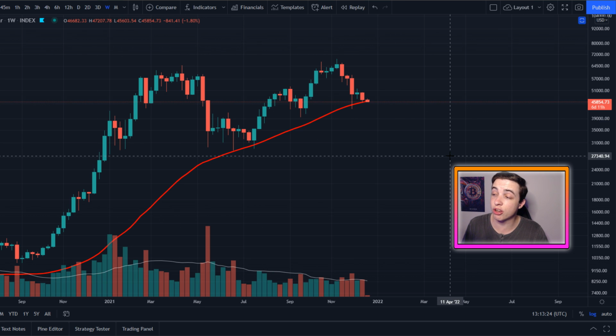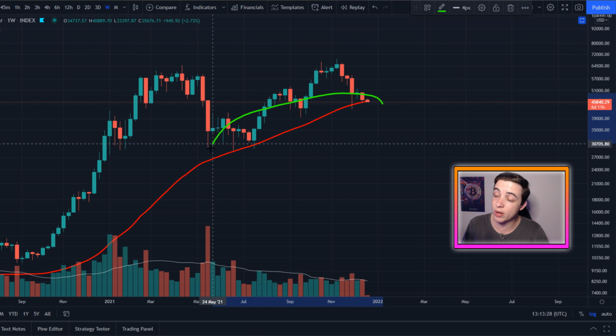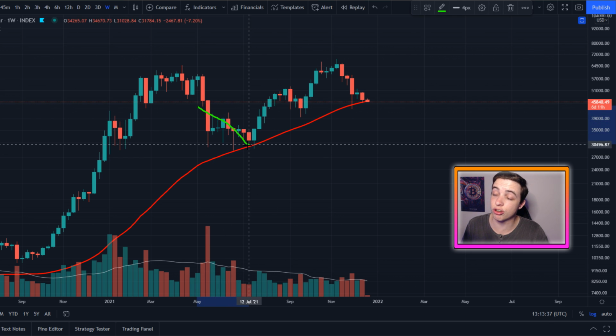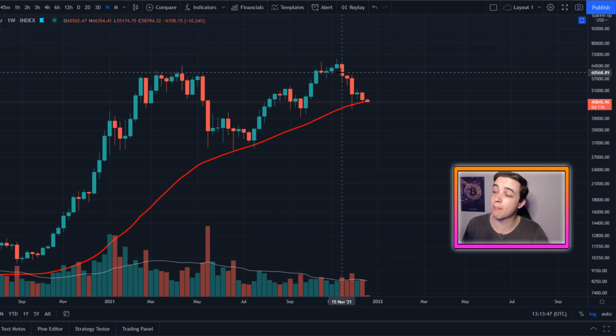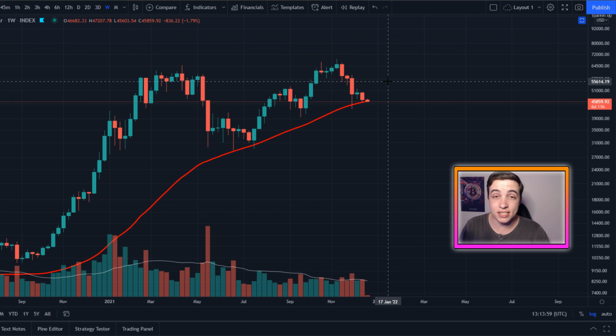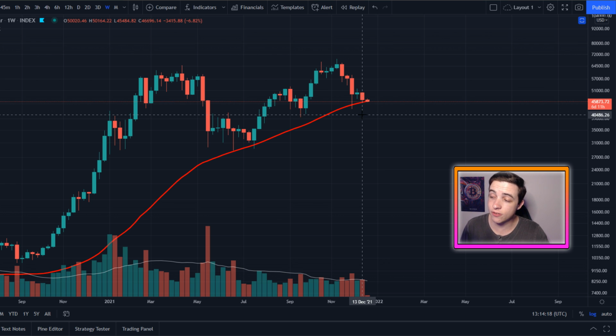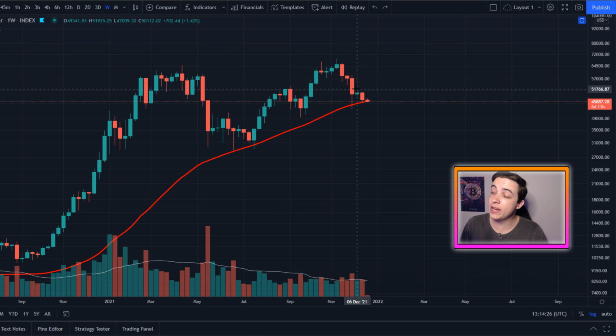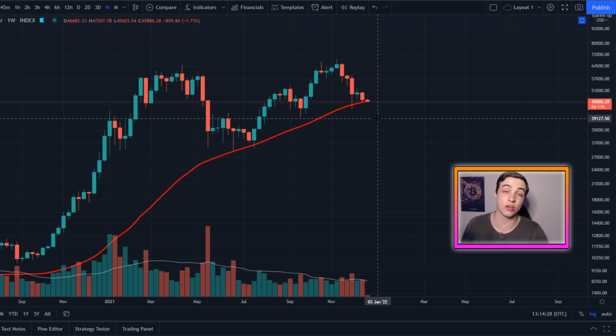But looking on this Bitcoin chart, this is the weekly time frame for Bitcoin, and what we can see here is the 55-week simple moving average. This was basically the exact moving average that Bitcoin bottomed out at during July. So obviously, if the Bitcoin price can remain above this moving average, then that would be great to see. But right now, this moving average is currently coming in at about 46,000 US dollars. But keep in mind, it is perfectly okay for us to see candle wicks below this moving average, just as long as we don't see a weekly candle close below the moving average. So if we see a weekly candle close below 46,000, then that could be more of a bearish signal for